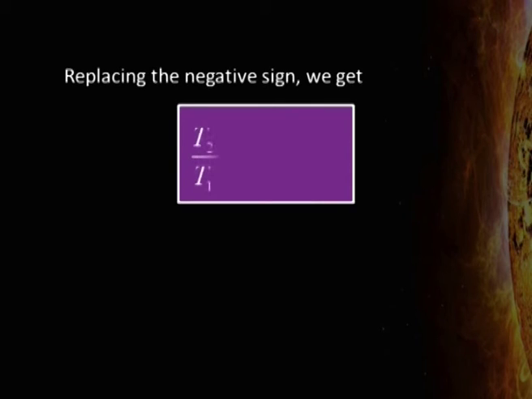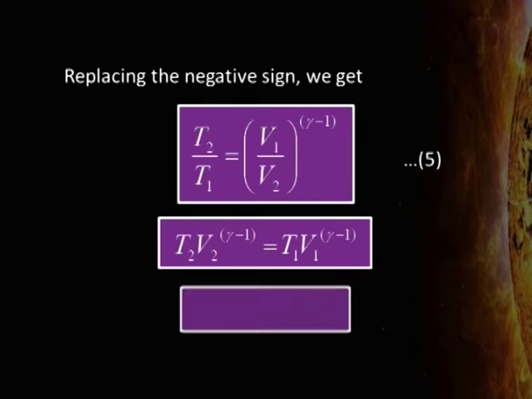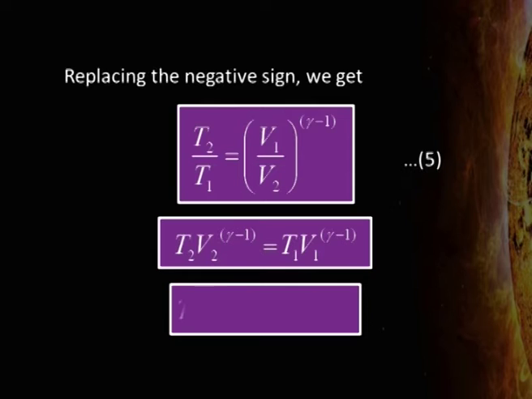Replacing the negative sign, we will get T2 by T1 equal to V1 divided by V2 whole to the power gamma minus 1, or we can say that T2 V2 to the power gamma minus 1 equal to T1 V1 to the power gamma minus 1. From this, we can say that T multiplied by V to the power gamma minus 1 is constant. We can also eliminate temperature by